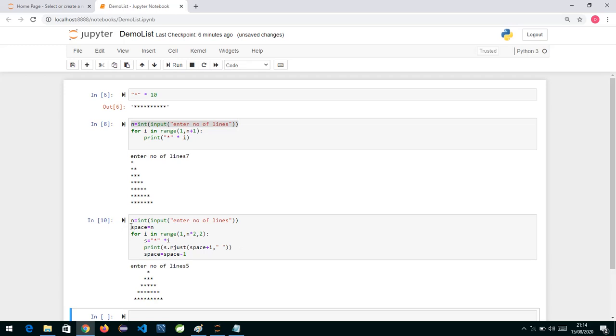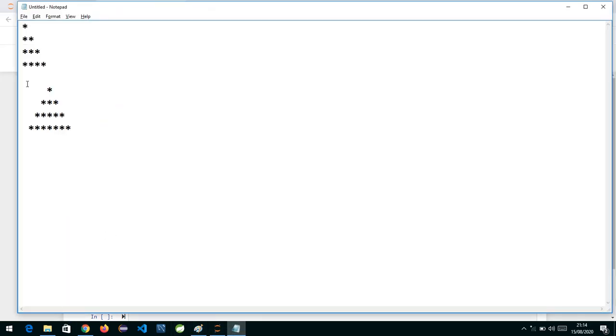So what is space basically? If you look at the pattern, the value of n is the number of lines, 1 2 3 4, so the number of lines is 4. The value of space is also 4, since I have written space is equal to n. So on the first row, before printing the character, that is 4 plus 1.